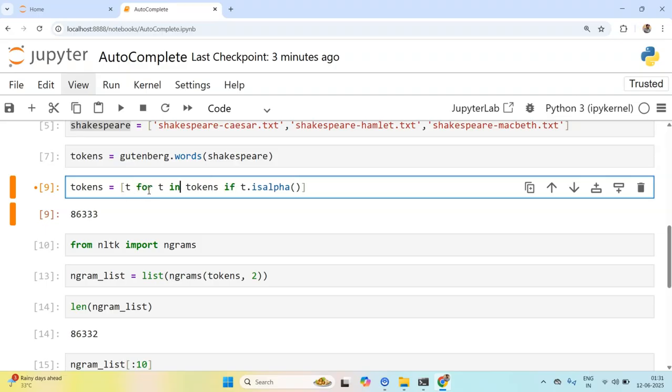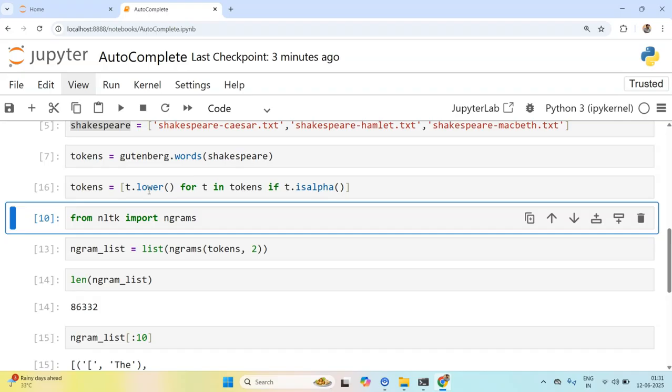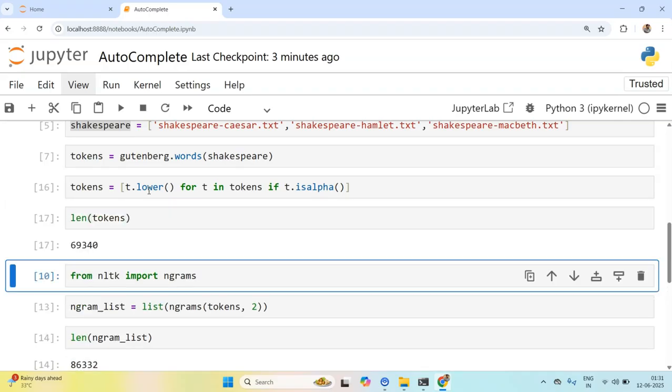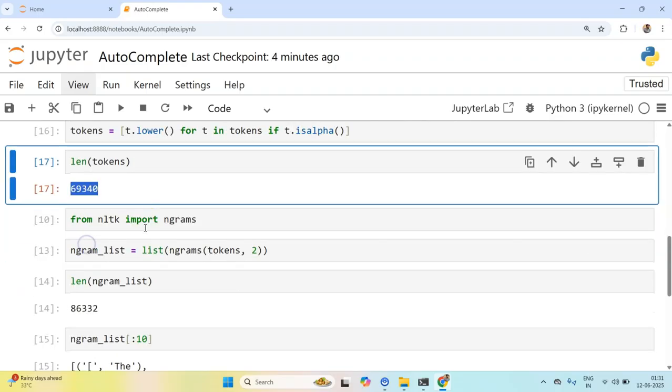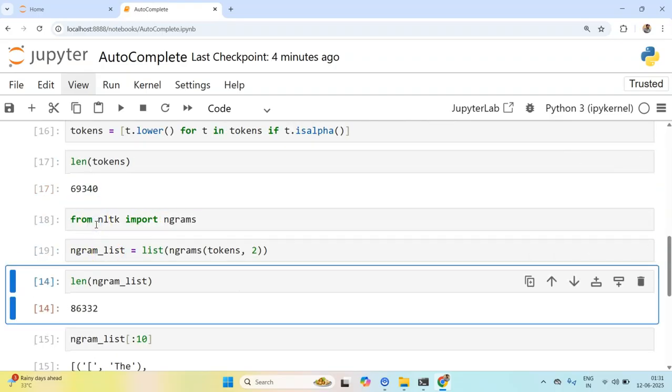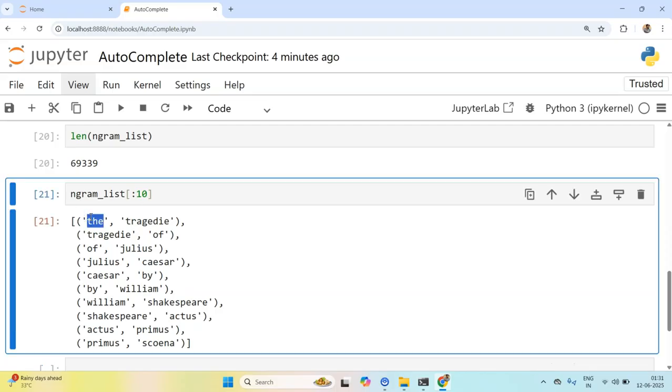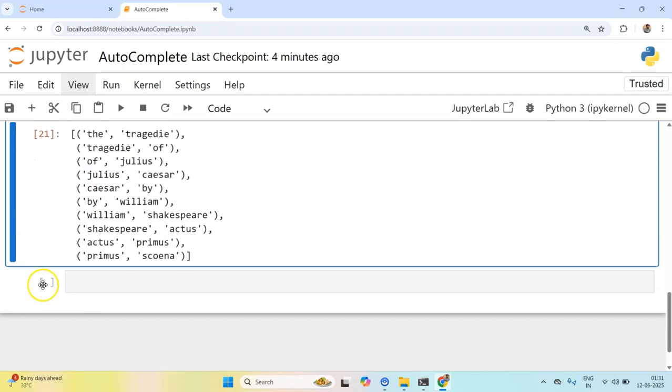And also I want to take only the lower case. Now if I check the length of tokens, it's reduced obviously, and if I rerun it, we don't see those bracket symbols. So now we have this clean looking text that Shakespeare must be typing on his smartphone.